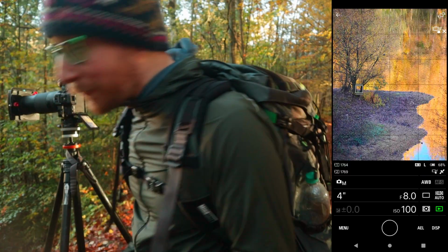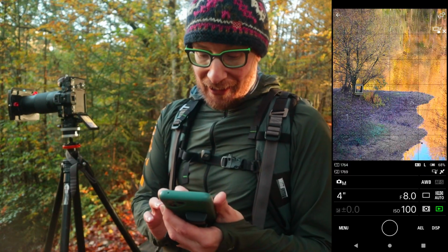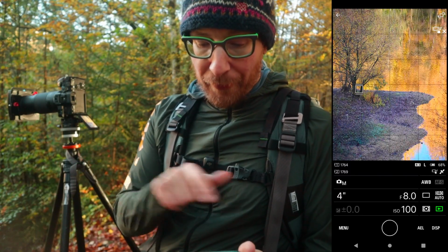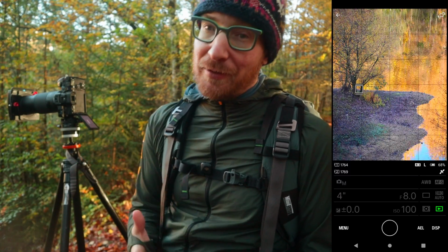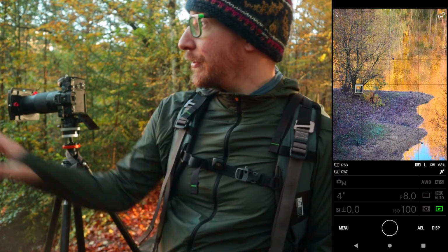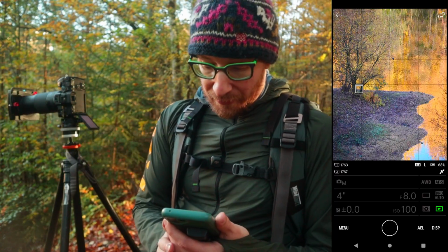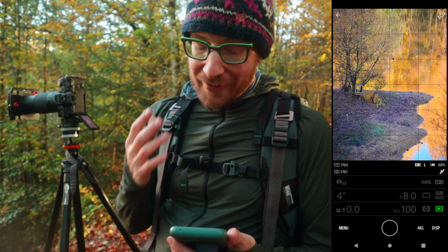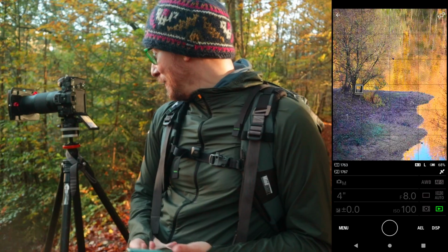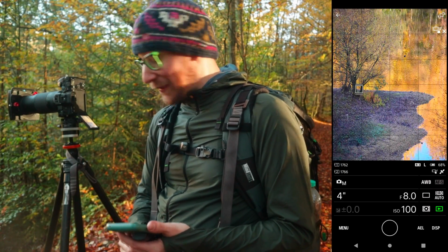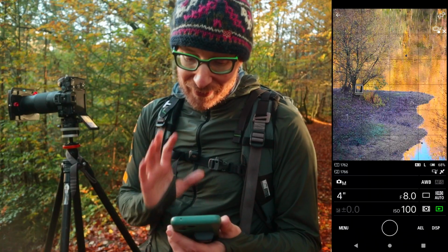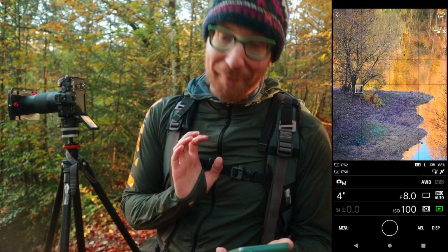I'm at 250 millimeters. I used my ND filter. I'm at a 4-second exposure in order to remove all the ripples, and I really wanted to emphasize the uniqueness of this current scene, because all those golden trees on the other side is something I haven't seen in quite a while. And I reduced the amount of subjects in the frame, and I think that this picture is my favorite so far